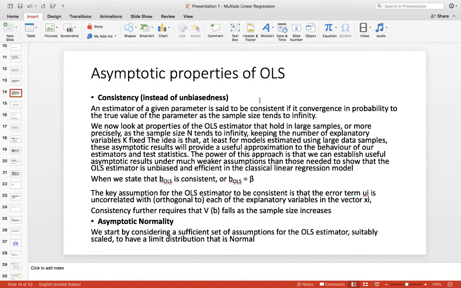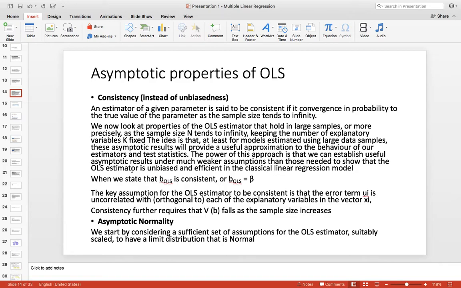We now look at the properties of the OLS estimator that hold in large samples, or more precisely, as the sample size n tends to infinity, keeping the number of explanatory variables k fixed. The idea is that, at least for models estimated using large data samples, these asymptotic results will provide a useful approximation to the behavior of our estimator and test statistics. The power of this approach is that we can establish useful